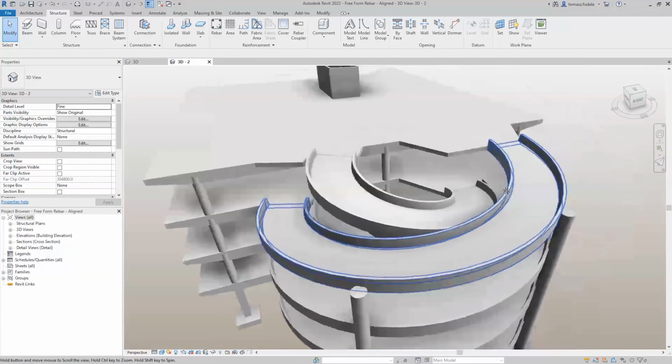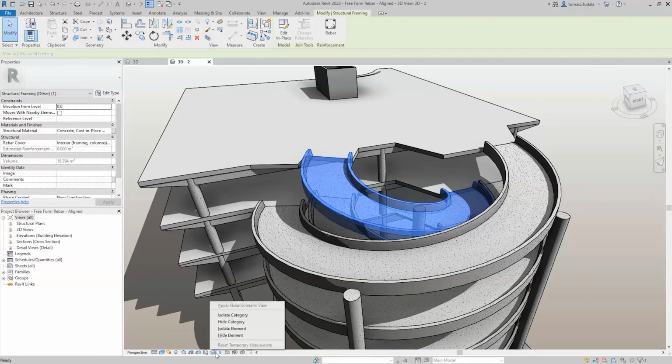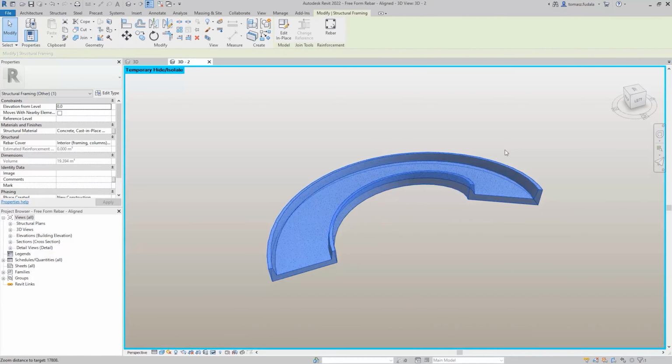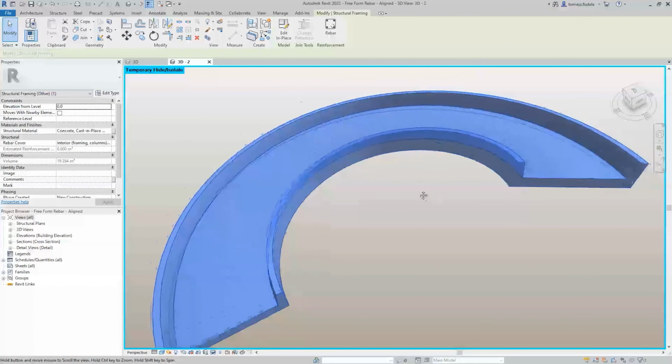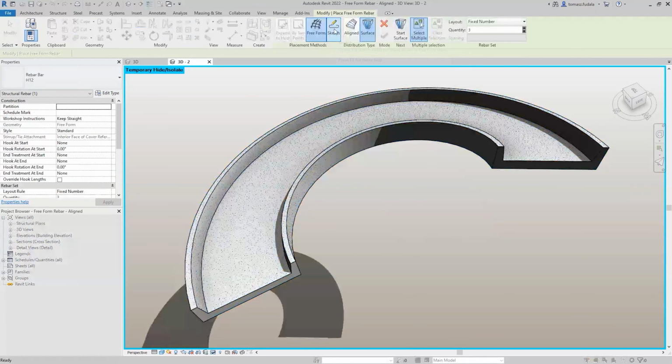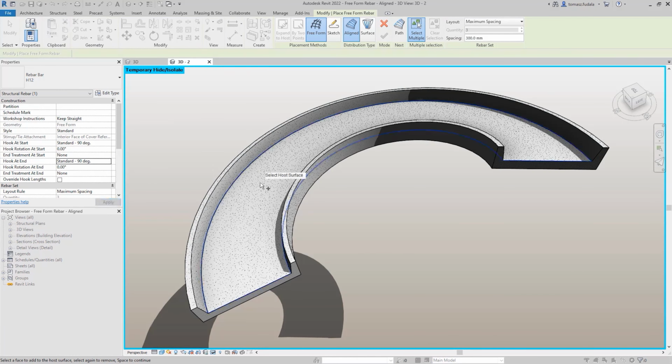Freeform rebars can also be used to create rebar sets with planar bars distributed along the faces of a structural element and aligned to a distribution path. Just like with the surface distribution type, modeling of the aligned distribution type can be done by working in 3D views and selecting the structural element faces to which the bars are aligned.